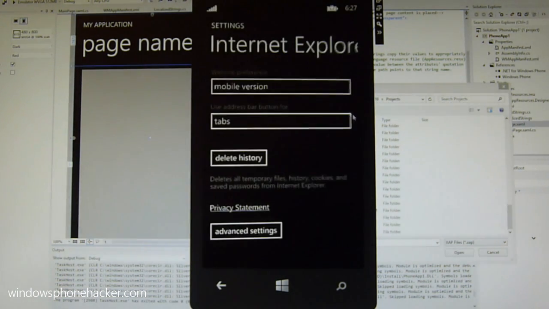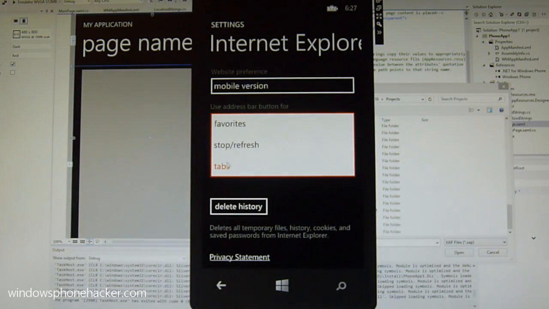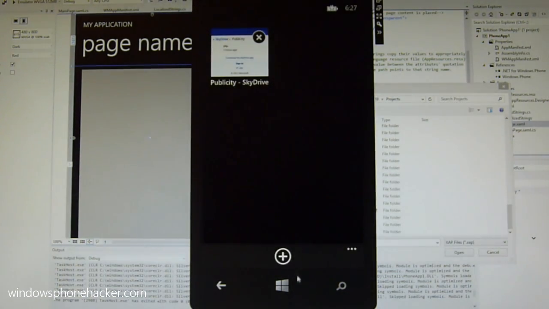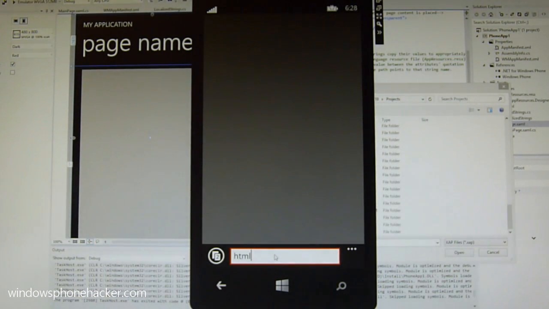But what I meant to show you is over here you can actually change the stop and refresh to be tabs or something else. So right now I have it on tabs, and you can just tap that to get to different tabs. So some people wanted to take a look at the HTML5 test report for